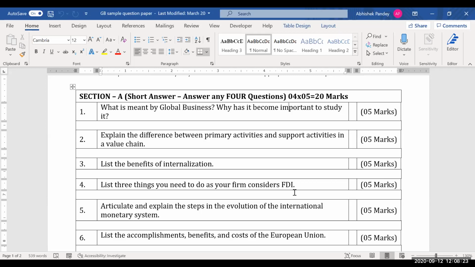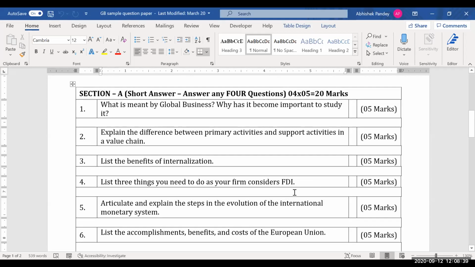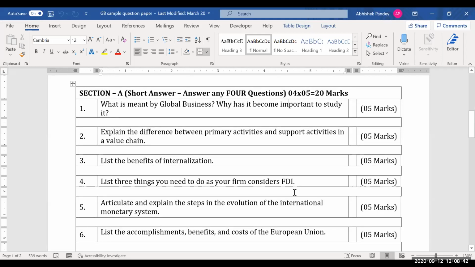Yeah. The definition should match with what we have learned. It need not be exact, word by word from the book or from the slides, but it should be similar to that. So this is the definition section, Section A. You don't have to explain much. Don't fill pages there. You just need to define the term. Not word by word, but for example, if it is what is meant by global business, there will be a formal definition, so we will give that, right?